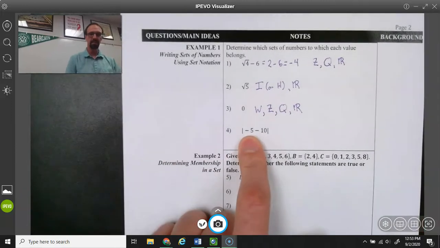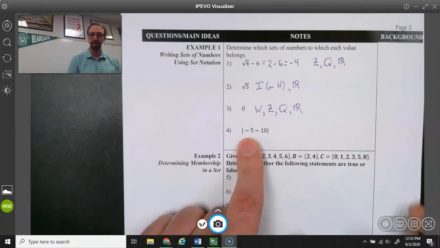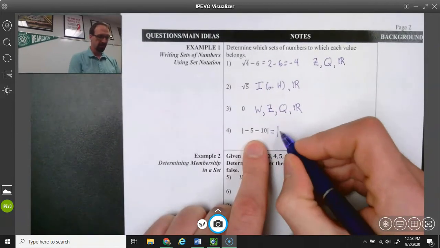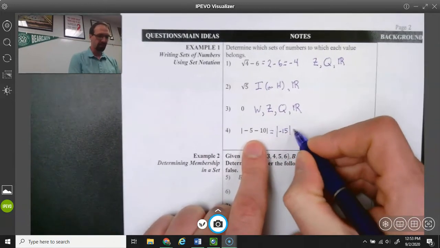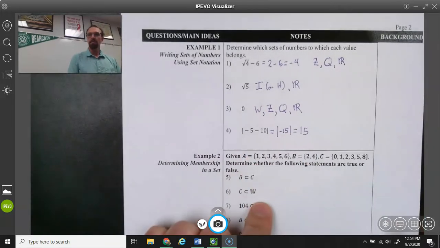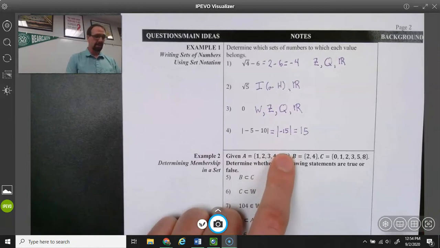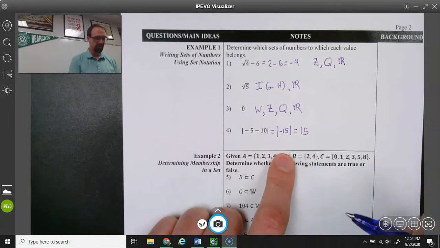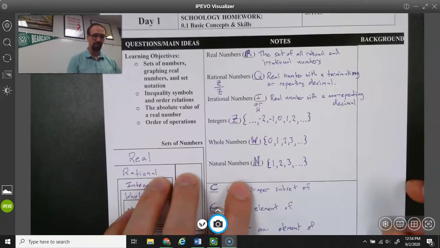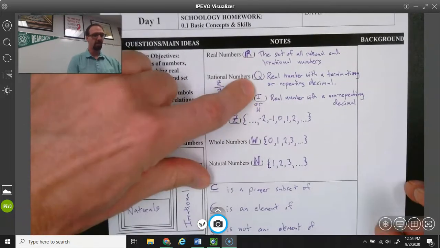And then these symbols here, this is the absolute value. Absolute value is distance. If I simplify this, negative 5 minus 10 is negative 15. So I have the absolute value of negative 15. The absolute value of negative 15 is positive 15. So 15 then falls in the same category as the counting numbers. So that's natural. So that's going to include the natural numbers, the whole numbers, the integers, the rationals, and the